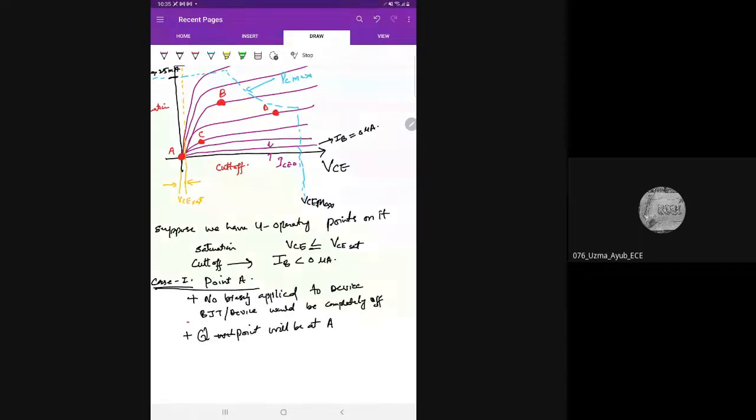तो what are the coordinates of A? सर बट A, कट ऑफ रीजन में तो IC भी 0 ही होता है ना। ये कट ऑफ रीजन में नहीं है, ये तो असल में origin में है. और कट ऑफ रीजन में IC भी 0 होता है. That is true, and I am going to write that. So here IC is 0 and VCE is also 0. तो इनमें दोनों चीजें 0 हैं. तो point A पे, जैसे कि आपने कहा, हालांकि अगर हम इसको cut off भी मानें, point A पे क्योंकि कोई biasing नहीं apply हुई है, तो जब biasing नहीं apply हुई है तो इसमें collector current